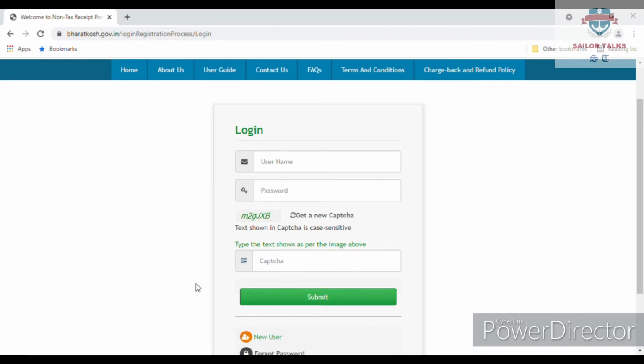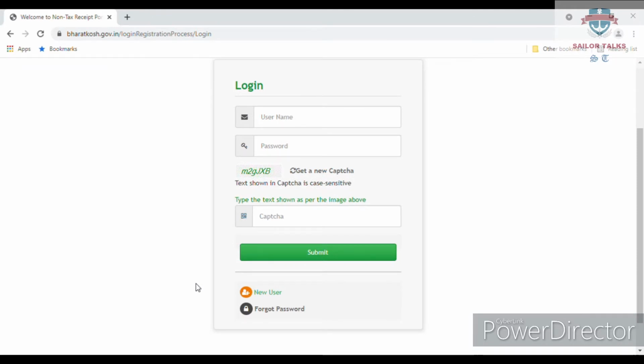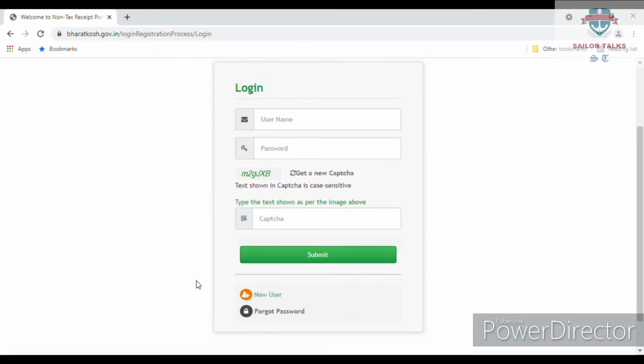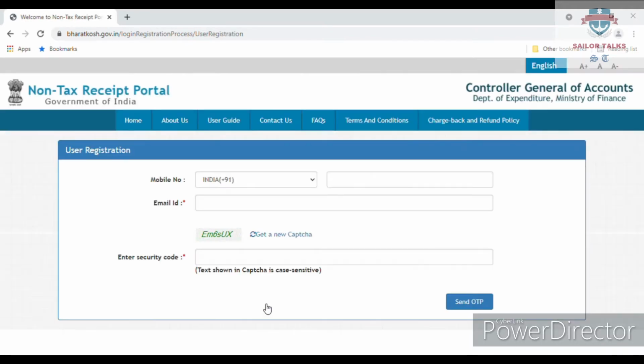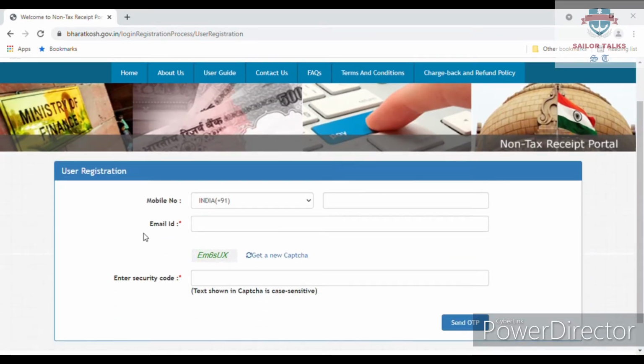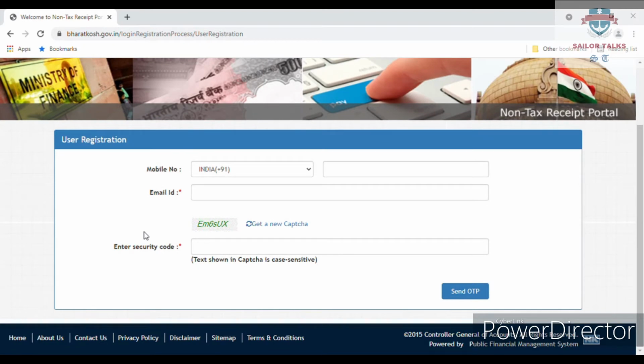But for those people who are using Bharat Kosh for the first time, they have to create their account in Bharat Kosh. For that, they have to click on new user. After clicking on new user, the window will open like this. In this user registration window, you enter your mobile number, your email ID, and the captcha code, and then you click on send OTP.